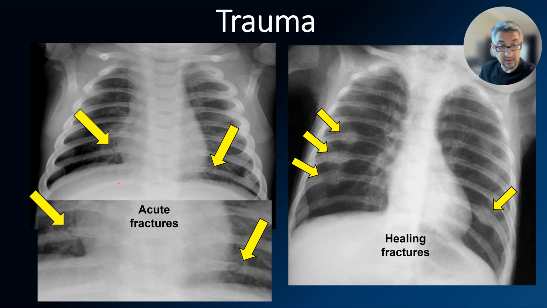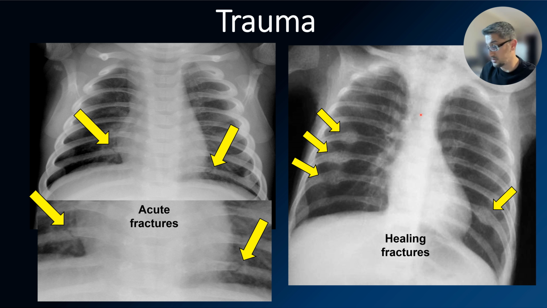During the acute phase, it may not be possible to diagnose, but you can see it as a linear fracture without callus formation. But usually it is easier to see the callus formation and make the diagnosis of fracture. When there are healing fractures, especially in the posterior or lateral ribs, they are very